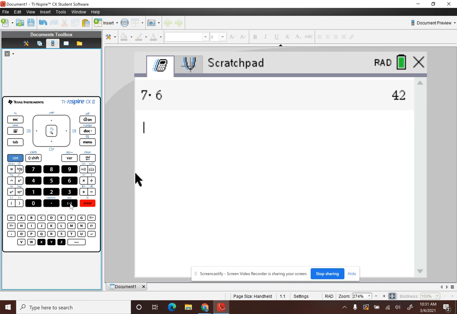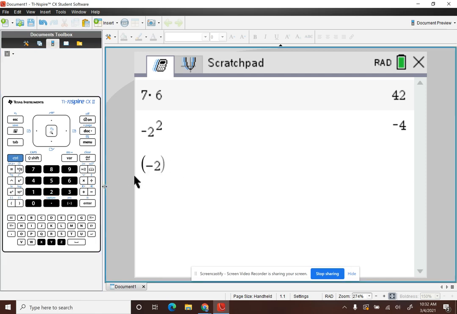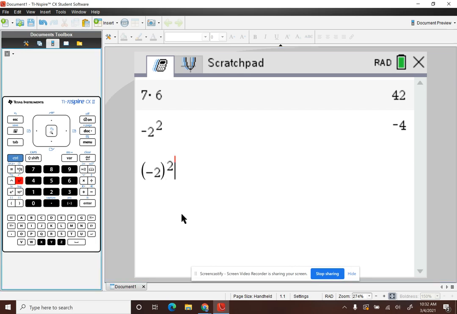Obviously, if I take -2 squared, what your calculator is doing is it's saying, okay, this negative's hanging out front, and I've got 2 squared. So 2 squared is 4, and because the negative's hanging out front, it applies that negative to the 4. Well, we know that -2 squared is not really -4. So one of the things I want to caution you about is make sure that you put negatives in parentheses. So if I have -2 squared, and I bet I put the subtraction symbol,